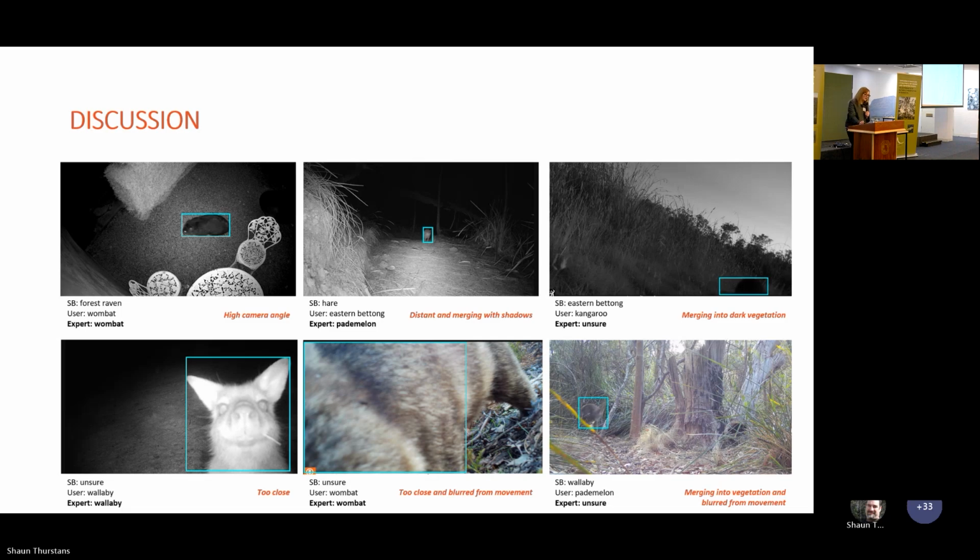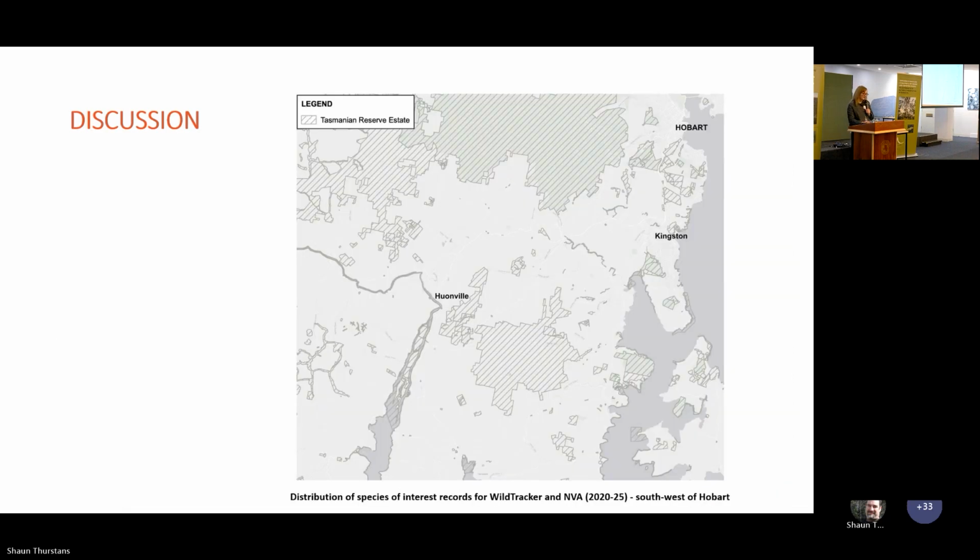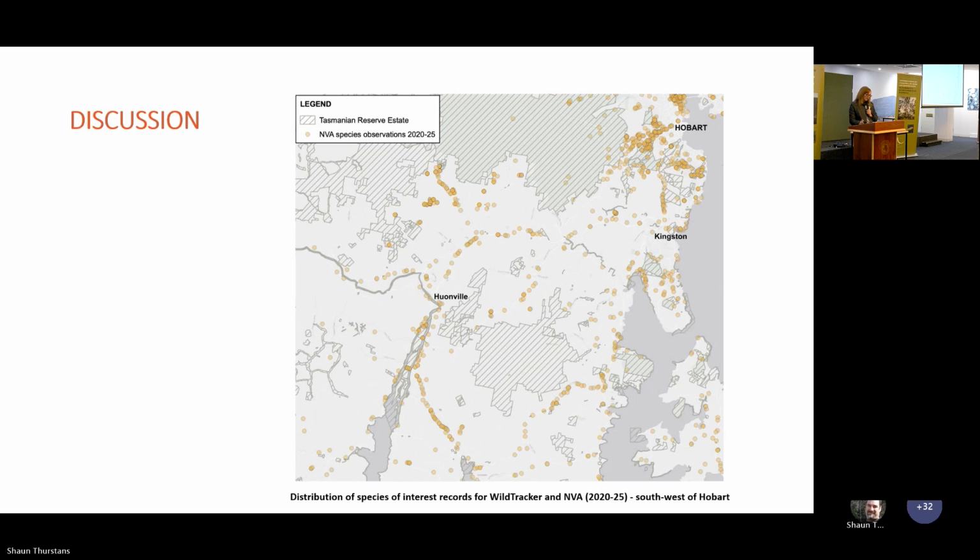So if it's accepted that the Wild Tracker participants' level of accuracy is very high, my next step was to look at what opportunities that might create if the results were extrapolated across all the Wild Tracker observations and compared with other data. So just zooming into the area sort of southwest of Hobart that everyone's probably familiar with, this is the record of